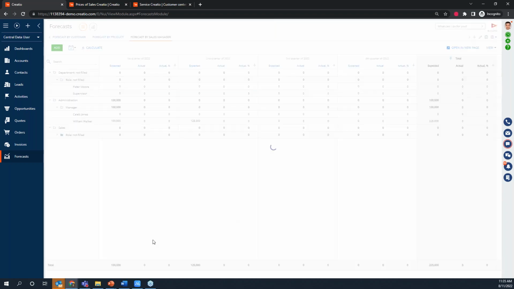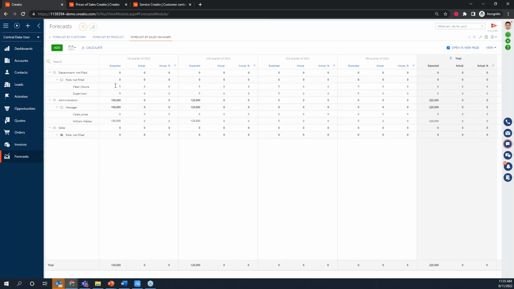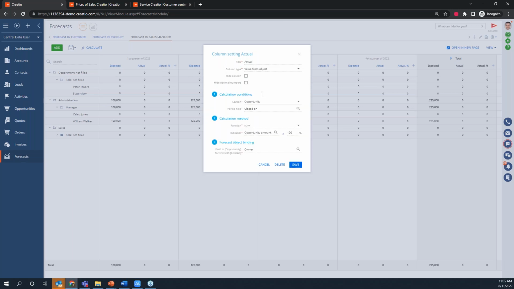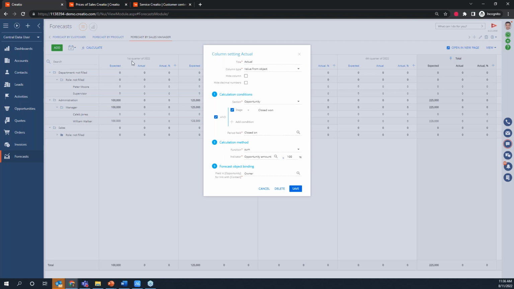And then you'll see it sums on the X and Y axis. So I can look at all of the Q1 values, and then across horizontally, it sums them by quarter. The benefit is it does free form, and then I think out of the box it pulls from opportunity, close won opportunities. Yep. So then the benefit is anytime Caleb Jones or William Walker close wins an opportunity in